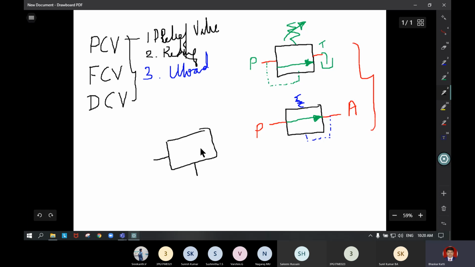This is the P port, this is the T port. Again it is a normally closed type, so we have to write it in an offset position. Here we have a spring that can be varied. This is a separate pilot actuation given, not from this P line. So this represents your unloading valve.